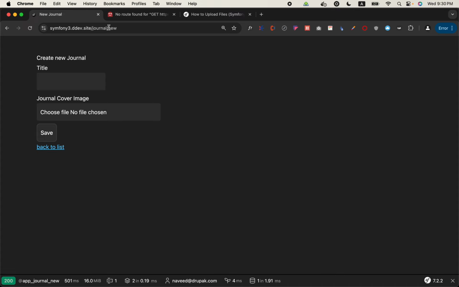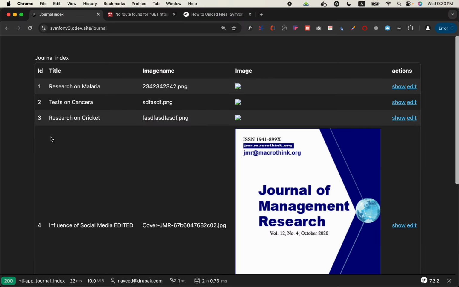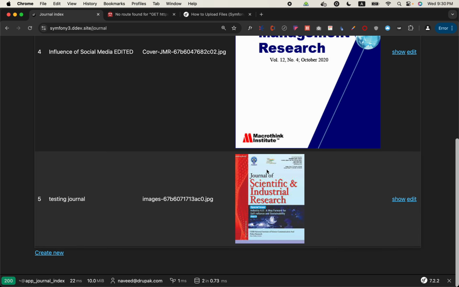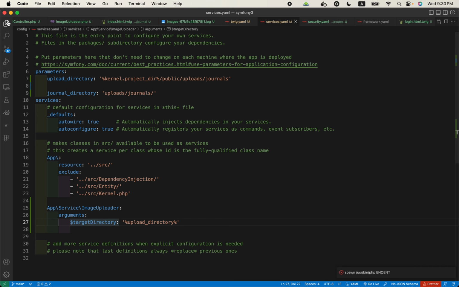So now it has been resolved properly. Testing journal, and then we will upload an image, and the file has been uploaded. So now we have made the upload logic into a reusable service, and this is the dependency injection and the